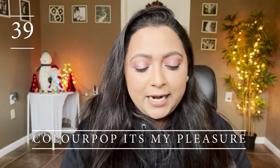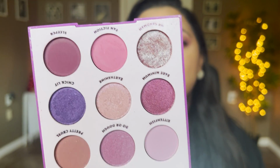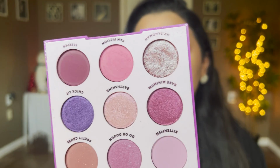On number 39, I have another Colourpop palette, and this is the It's My Pleasure palette. Now, this is another purple palette in my collection. I know why I don't reach for it, but is it a good palette? I think this is an amazing palette. I think this color story